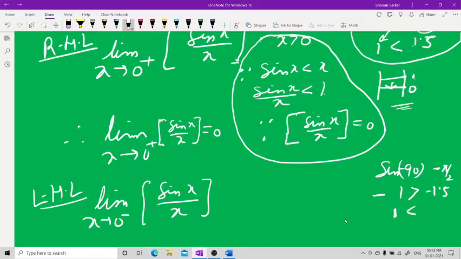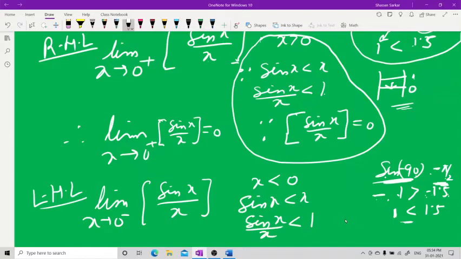So 1 is less than 1.5. देखो sin(-90°) कितना होता है? -1. -π/2 क्या होता है? -1.5. -1 बड़ा होता है -1.5 से, तो जब मैं माइनस से मल्टीप्लाई करूंगा, इनइक्वालिटी चेंज हो जाएगा ना? For x less than 0, therefore, ये किसको दिखा रहा है? x को, sin x को। sin x is less than x here also, sin x is less than x. तो sin x by x is less than 1 और फिर वही आइडिया, फ्लोर फंक्शन वाला आइडिया।